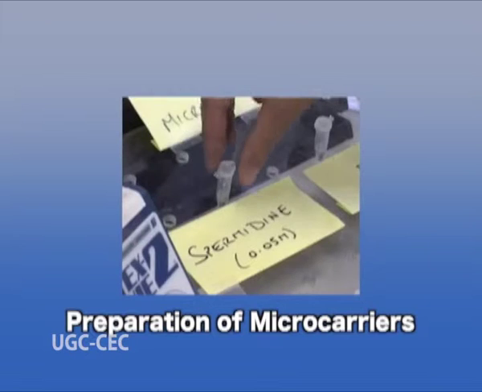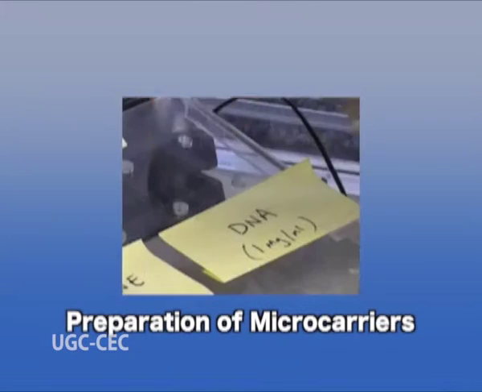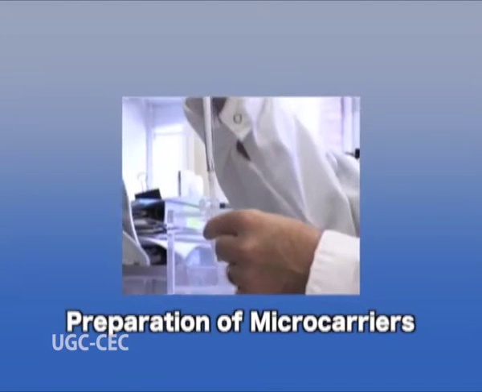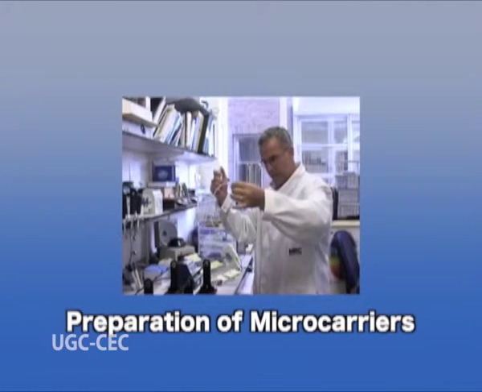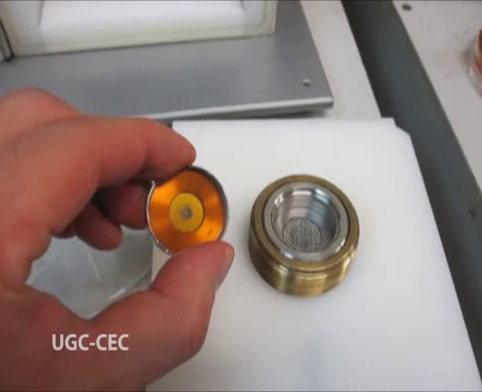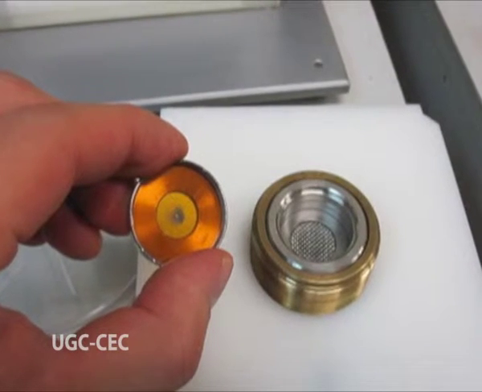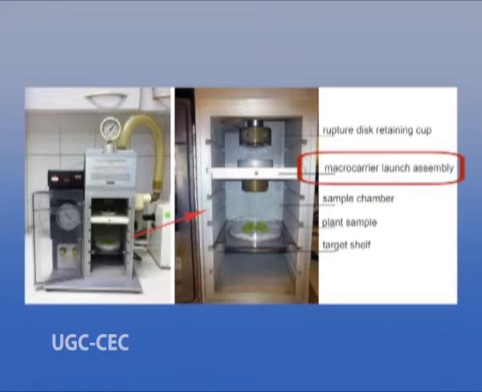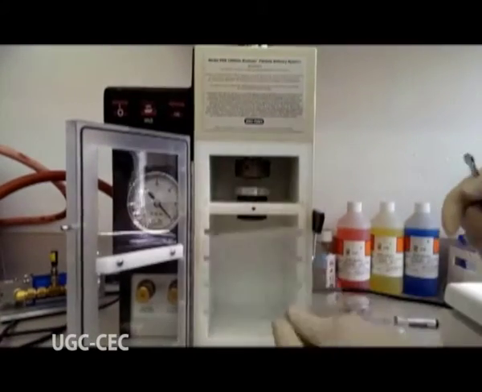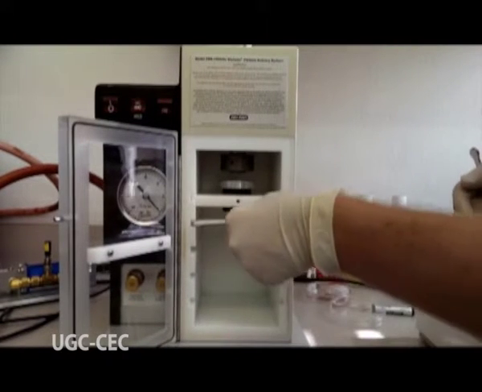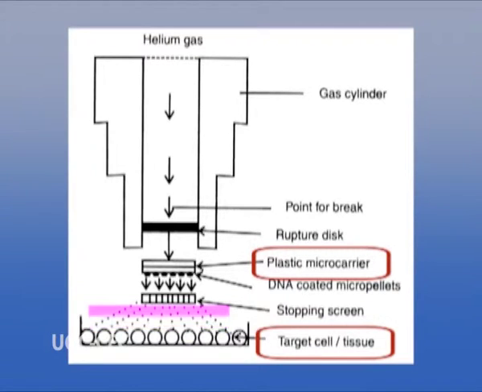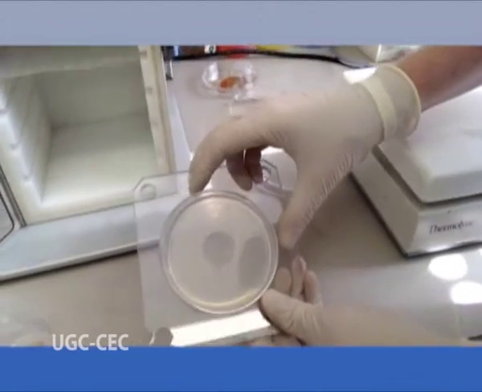Firstly, the foreign DNA is coated on tungsten or gold particles. These particles, which are loaded with the DNA, are called as microcarriers. The microcarriers are then loaded on a sheet which is known as macrocarriers. Now, the macrocarriers are inserted into the biolistic apparatus and pushed downward at high velocities. During the travel, the macrocarriers are stopped by a perforated plate, while the microcarriers are allowed to propel at a high speed into the plant cells on the other side.